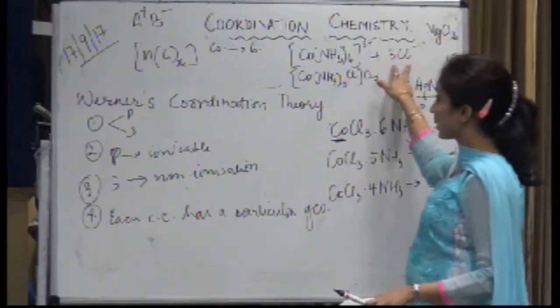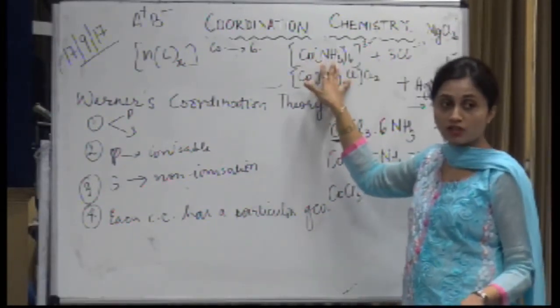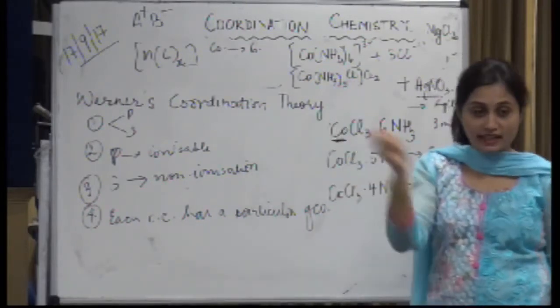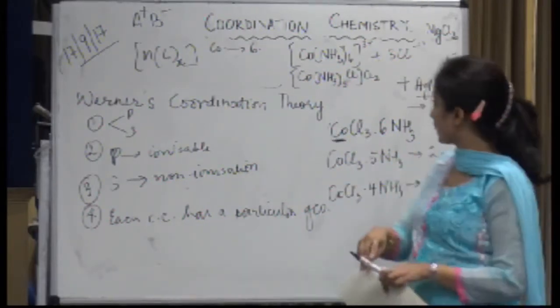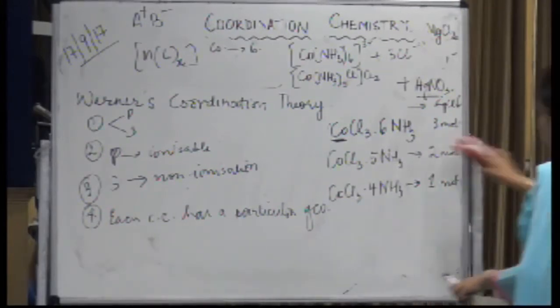The outside chloride ions are only attached in an ionic fashion which are outside the coordination sphere. So they are not directly held together. That is why even when I show you the structure of this only,